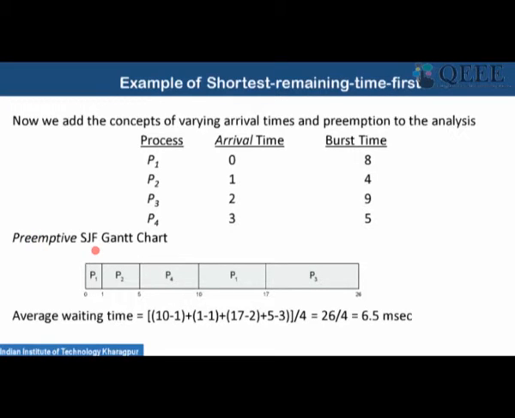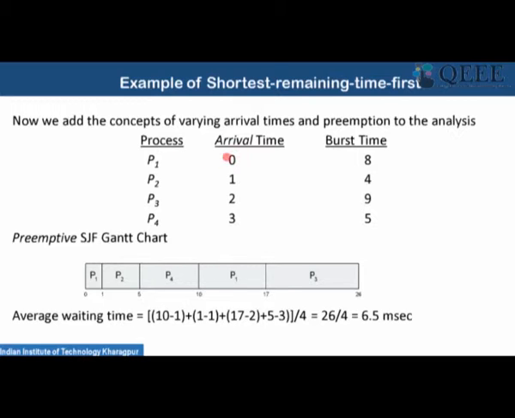Then in case of the preemptive version, we have earlier discussed that there can be two versions, preemptive and non-preemptive. In case of preemptive, after a process finishes partial execution, if we see that there is a better option, we preempt that particular process, make a context switch and take the new process. Let us see it with an example.